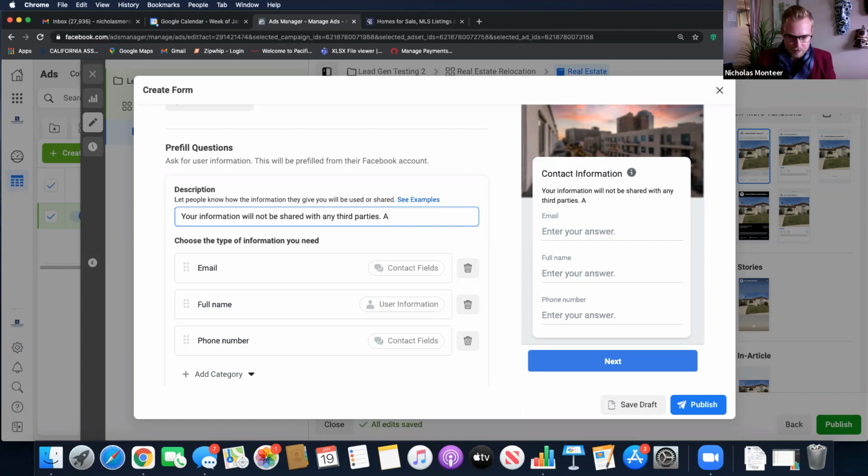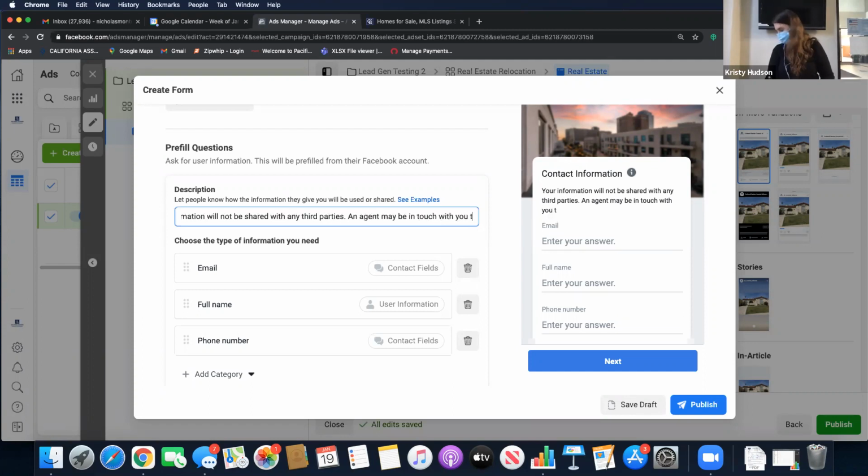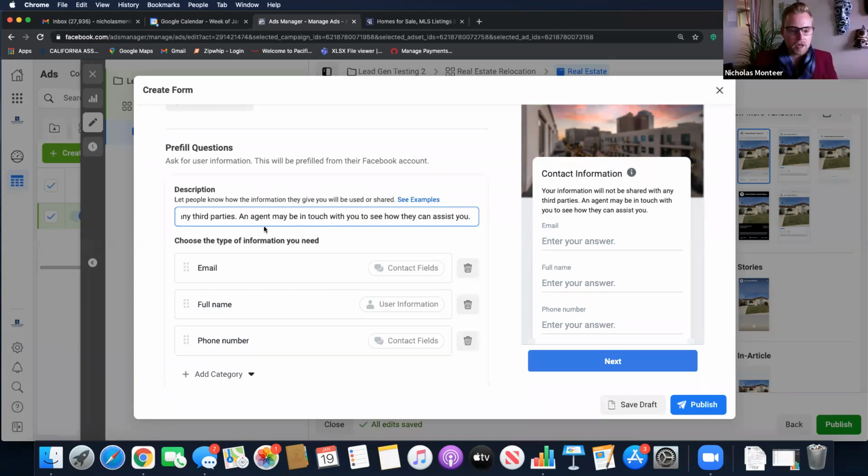And if you want to put this, you can: if you want to put an agent in touch with you to see how they can assist you. That's one of the Facebook best practices. They say to tell people that an agent might be in contact with you. I don't know if you want to say that, but at least say something about how your information will not be shared with any third parties. I'm going to hit publish.